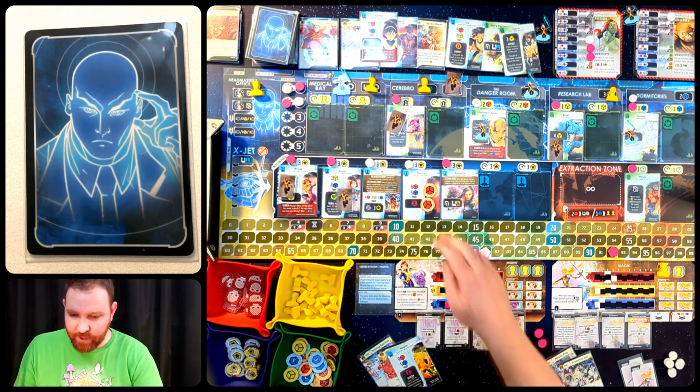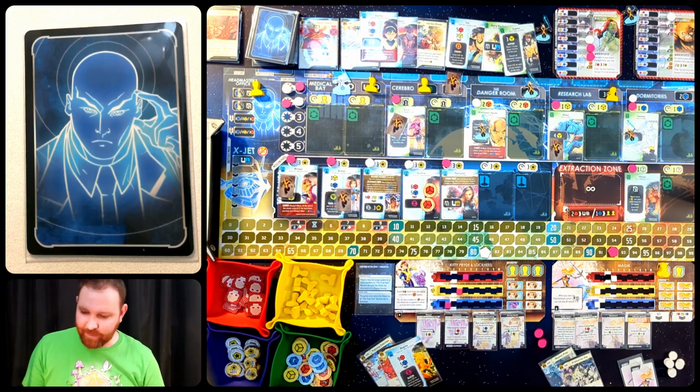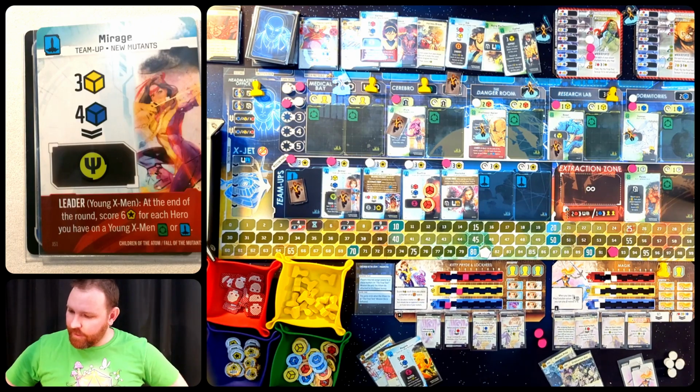And in fact, she has 2 heroes on Pixie. That's 1, 2, 3. That's 18 points. So just so you can see, I'm scoring exorbitant points here for Shadowcat. Leader, Young X-Men, at the end of the round, score 6 points for each hero you have on a Young